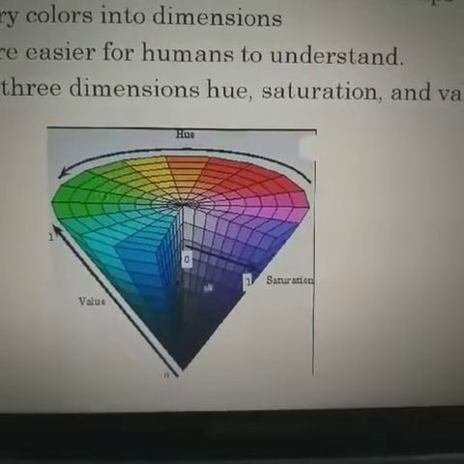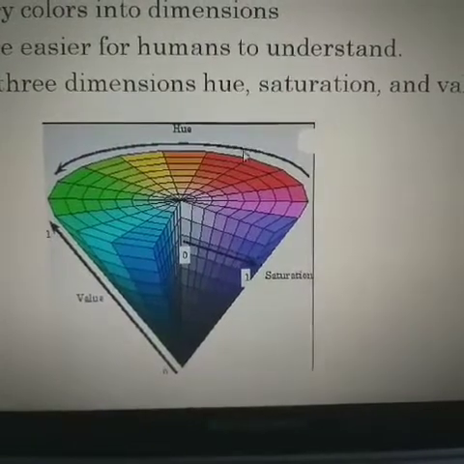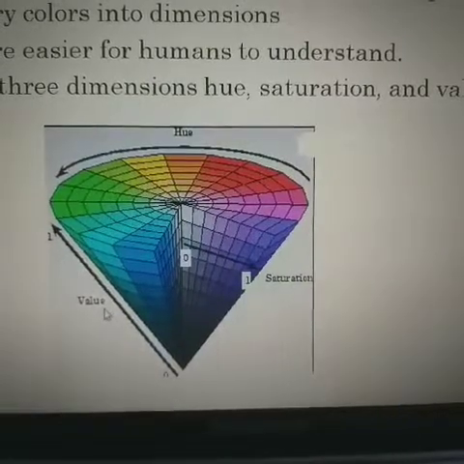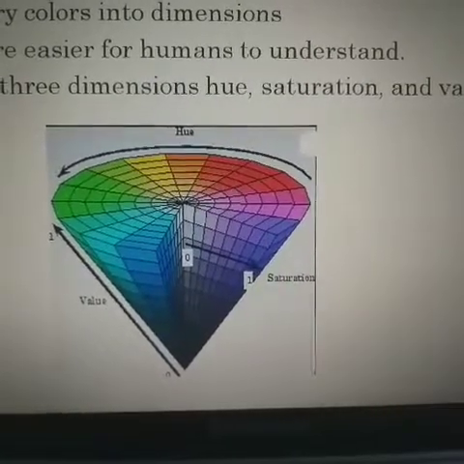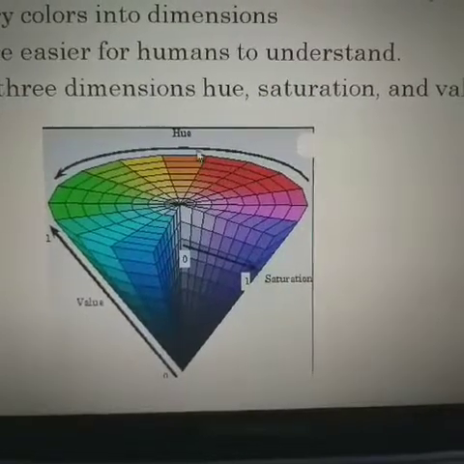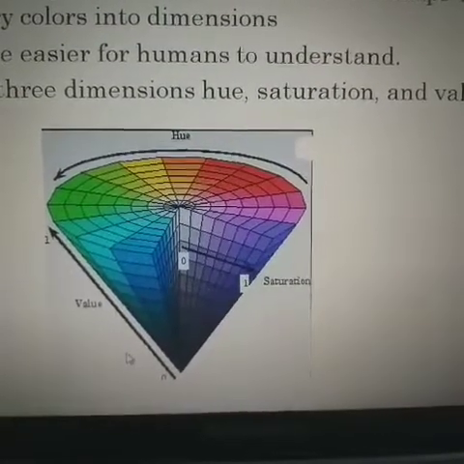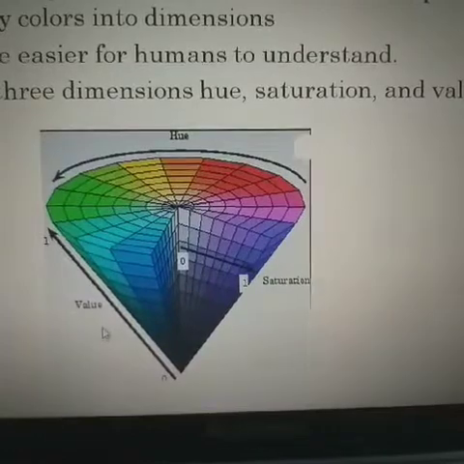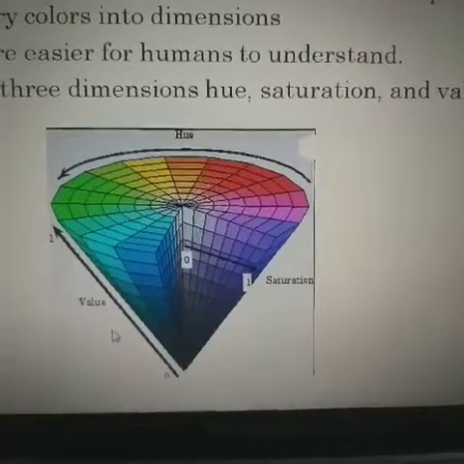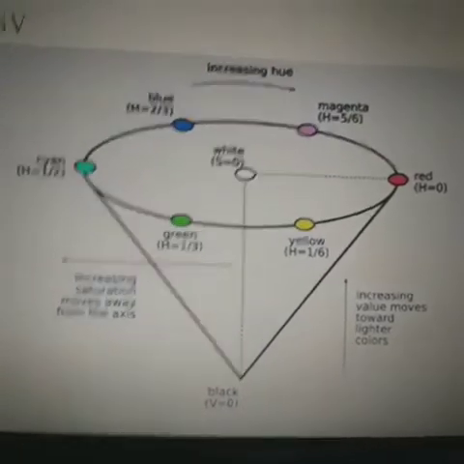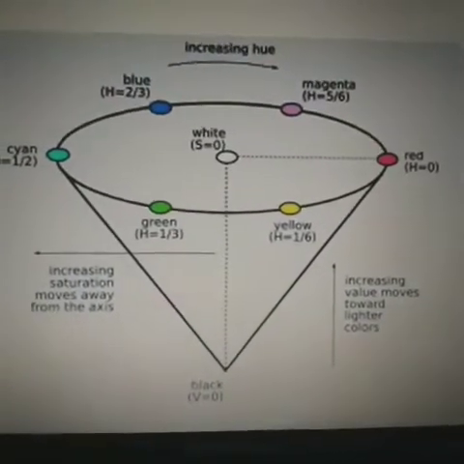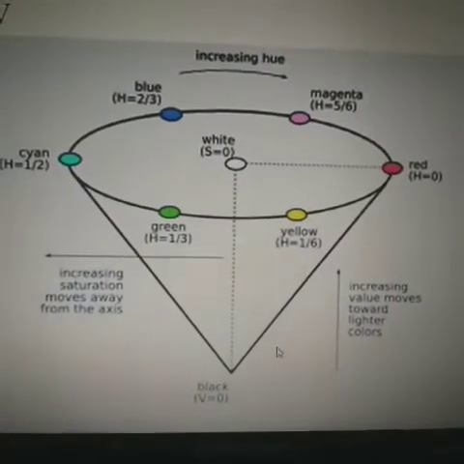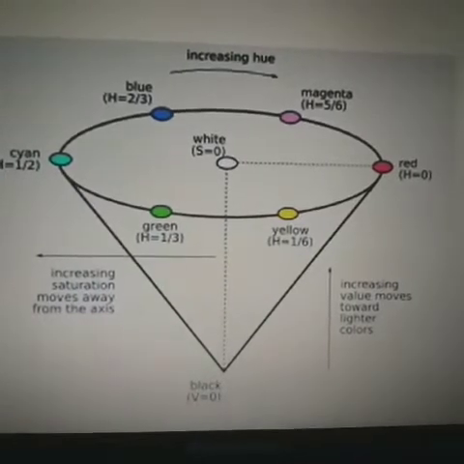So there are some values that are represented here: hue, saturation, and value. Value means the gray level value or the intensity value. What is the meaning of hue, saturation, and value here? Hue means the angle to be used. Saturation varies from 0 to 1, and the value also varies from 0 to 1. So we discuss these one by one, and we can represent these by a cone, or we can say the cylindrical form.